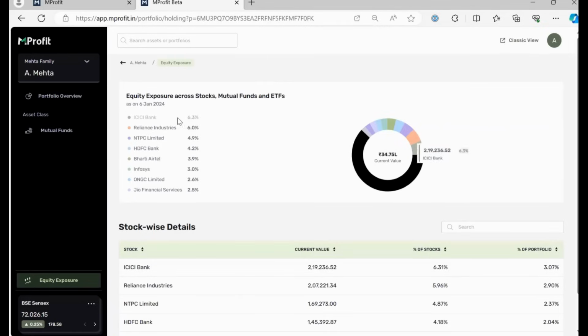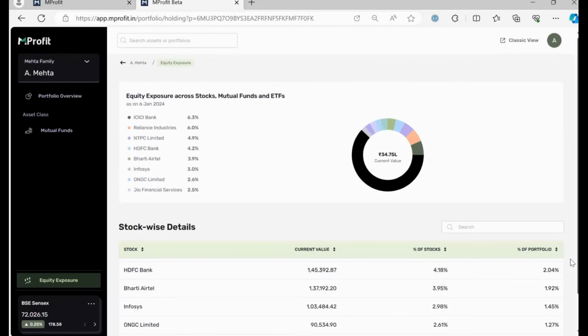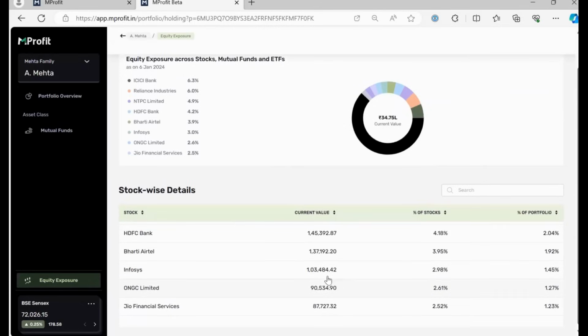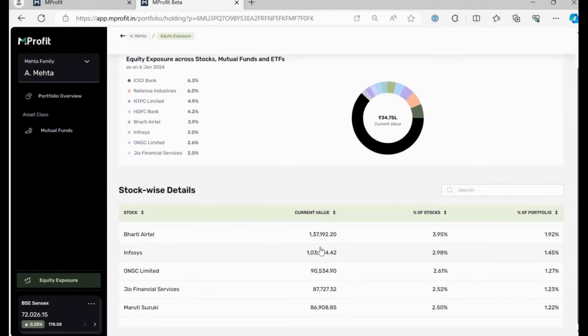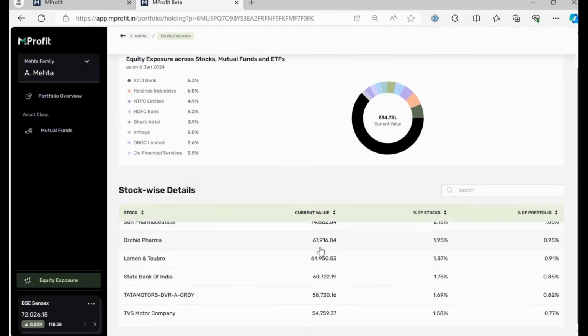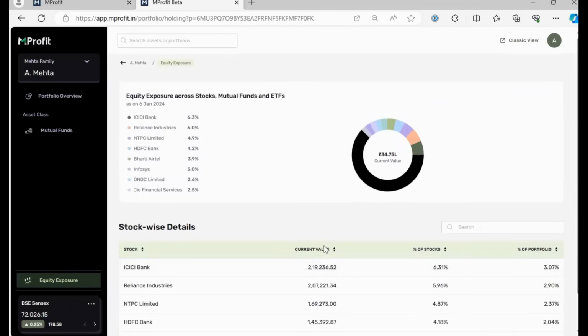And you'll be able to see your actual holding from a current value perspective across different stocks, combined between stocks, mutual funds, and ETFs. So this current value is not just your current value of stocks. It also includes your holdings in mutual funds and ETFs, and it combines the same to tell you what your true rupee exposure is to a particular stock.